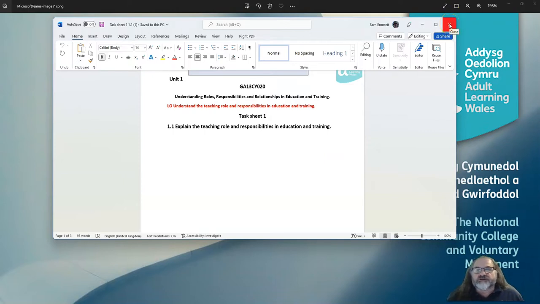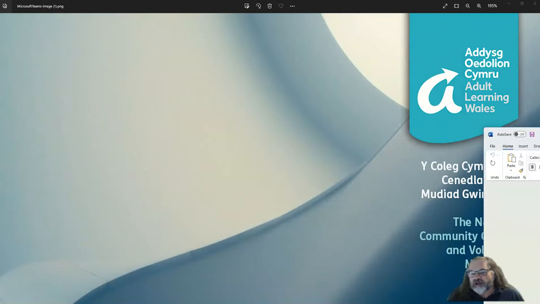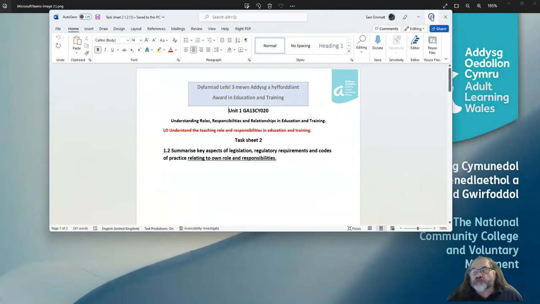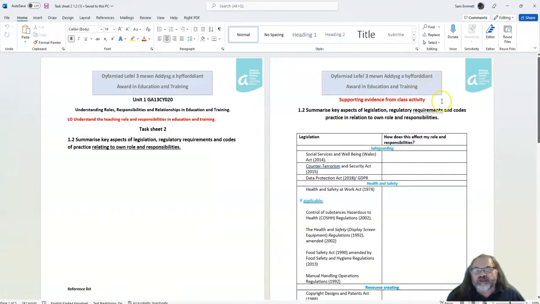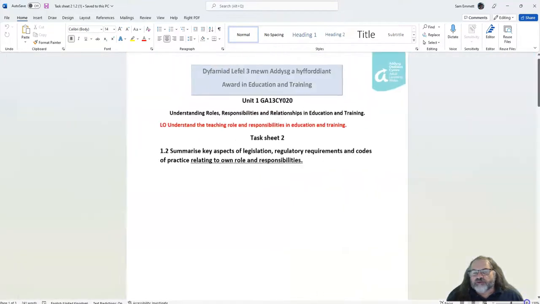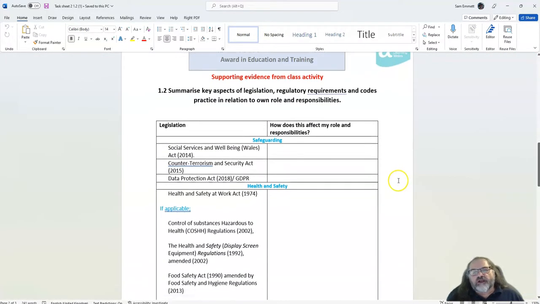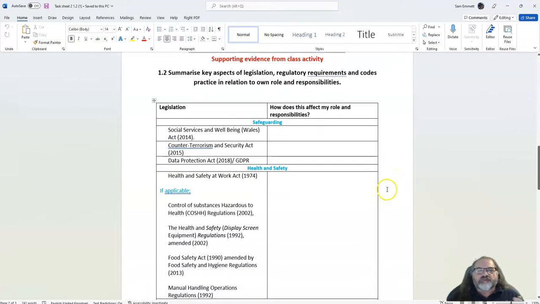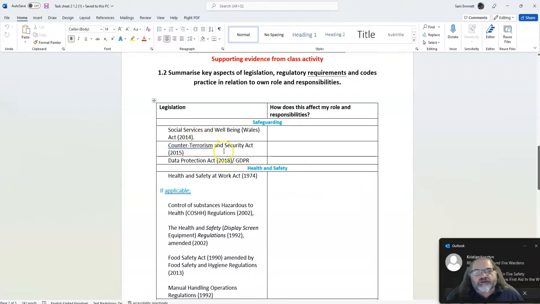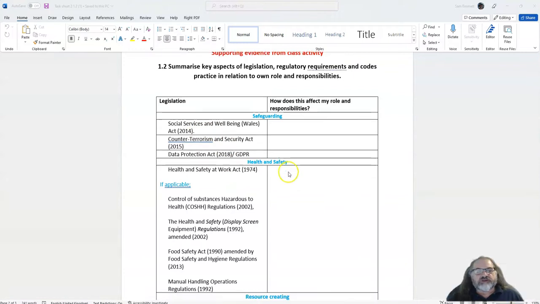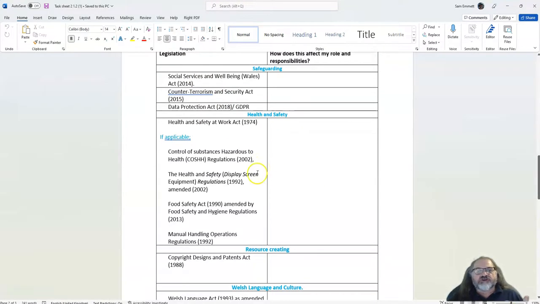So that's task sheet 1, and the task sheets will be set in your sessions, and some of the time we'll actually do certain notes towards them, so it's very possible to get them finished quite quickly. So with task 2, which is summarise key aspects of legislation, we actually have this one in slightly 2 parts. So one part will be a classroom activity where we look at particular legislation such as Social Services and Wellbeing, Counter-Terrorism, Data Protection Act, and then COSHH, health and safety,